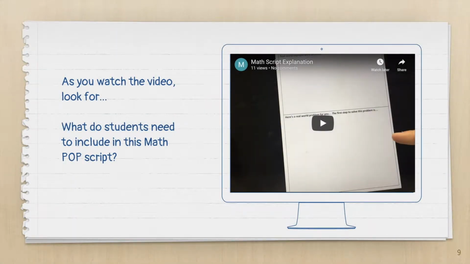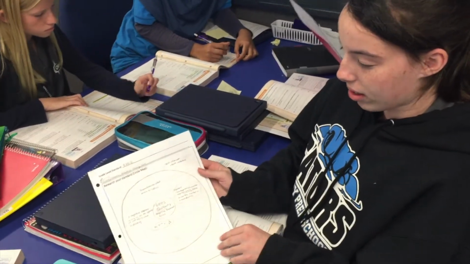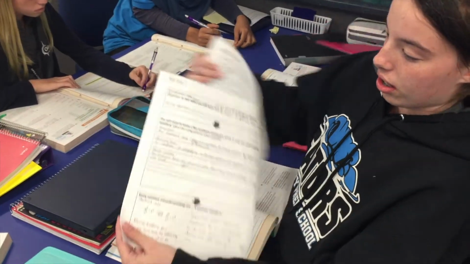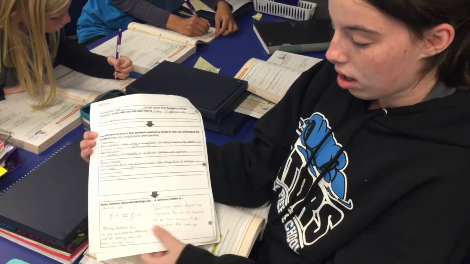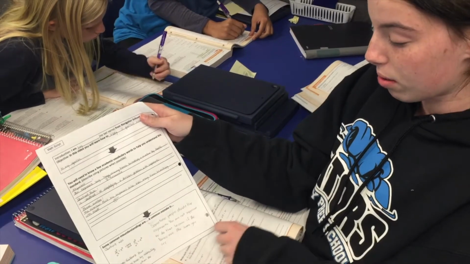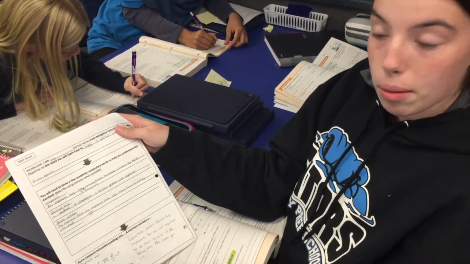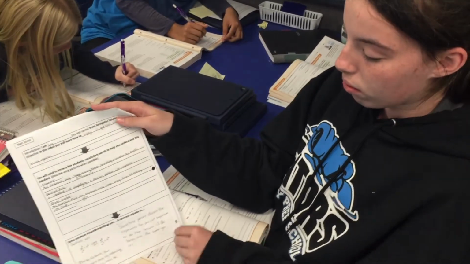Now let's see a script for math. When you watch this video, look for: what do students need to include in this math script? So this is where our circle map is. This is where we take all of our notes and information about the standard that we're learning about. So then we move on, and these are our vocabulary words, and this is our introduction. And then we're adding this new this year, and we're adding common misunderstandings, which is where you find a common mistake with a problem that you might be doing, and you have to tell the viewer why it's a common